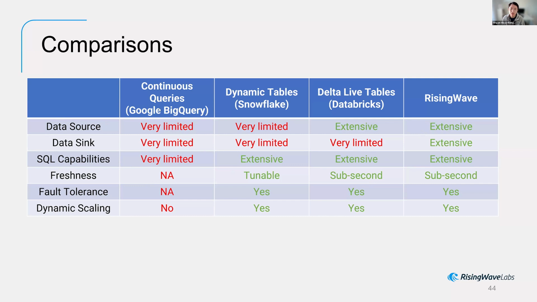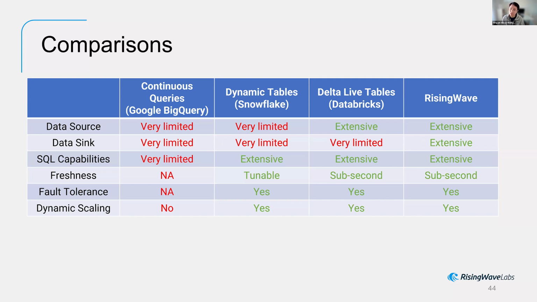And here we also compare all these three different systems with RisingWave. For RisingWave, we support data from all these different systems. We have already supported almost 20 different systems, including but not limited to Kafka, Pulsar, all these kinds of messaging queues, and also Postgres CDC, MySQL CDC, MongoDB CDC, and definitely S3, right, for Iceberg. And for data sink, we allow people to sync the data into any downstream systems like Snowflake, Redshift, Databricks, BigQuery, anywhere.